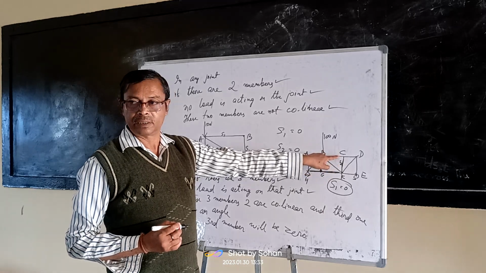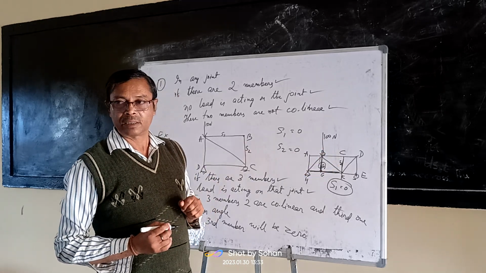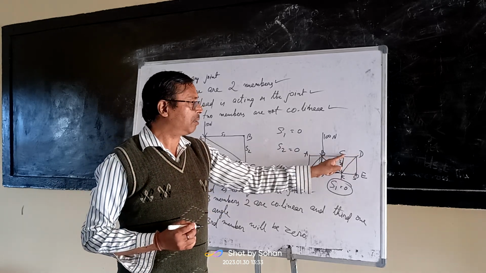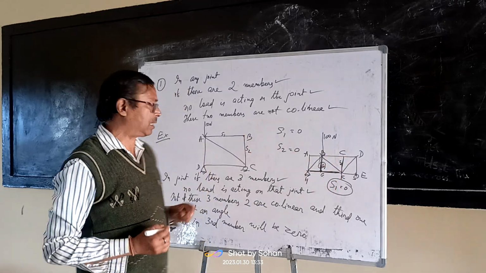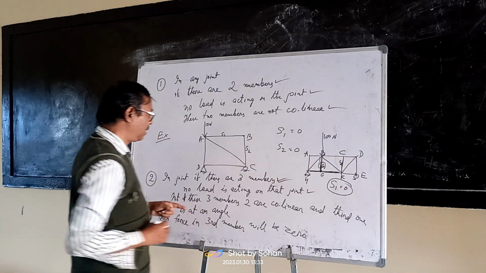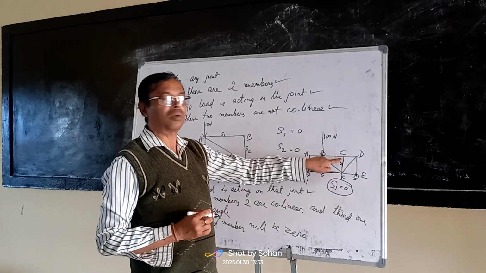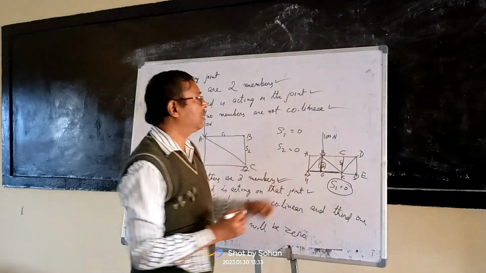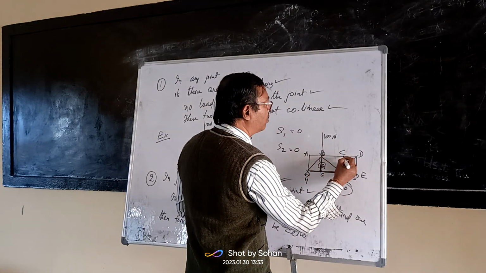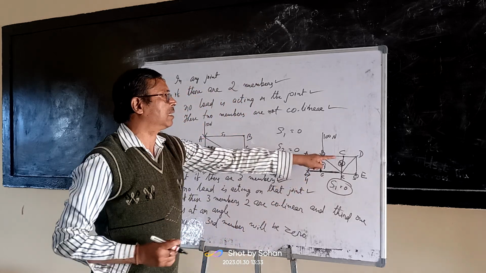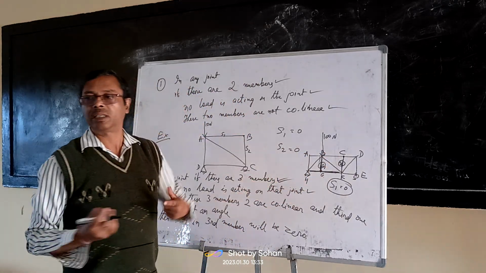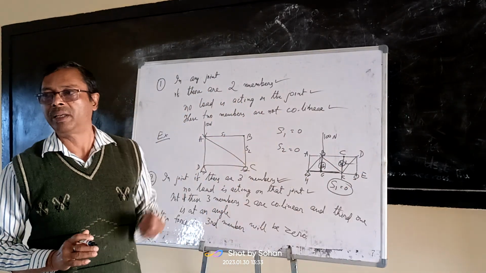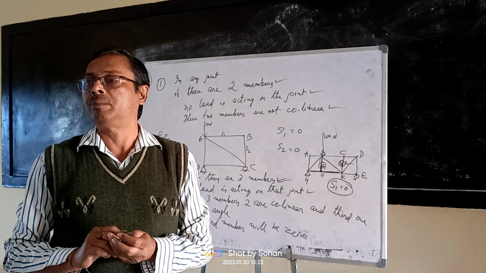Go to the joint C. In this joint, how many forces are there? Number 1, one horizontal. Number 2, another horizontal. Number 3, this one. So here three forces are there, so this condition is also satisfied. Another, no load is acting on the joint. Is there any load on the joint C? No. Load is acting on the joint B, but not here. So here also the value of the force will be 0 because no load is acting here. There are three members. Out of these three members, two are collinear and the third one is at an angle. So therefore the value is 0. Okay, so these are the two main conditions to find zero-force members of a truss.